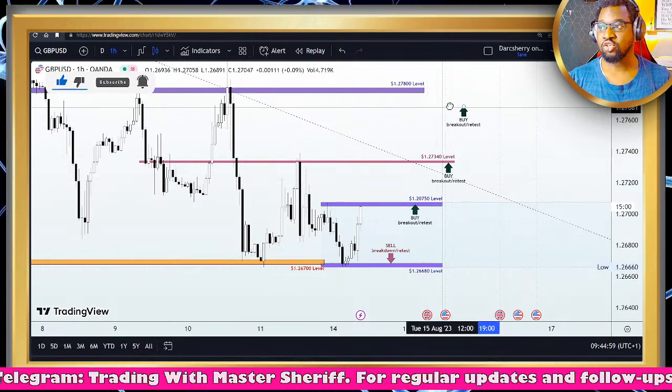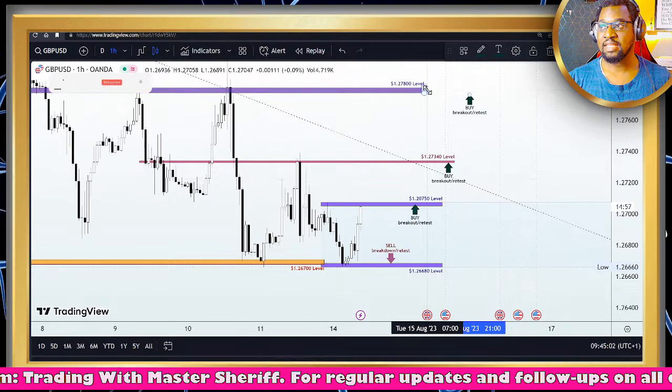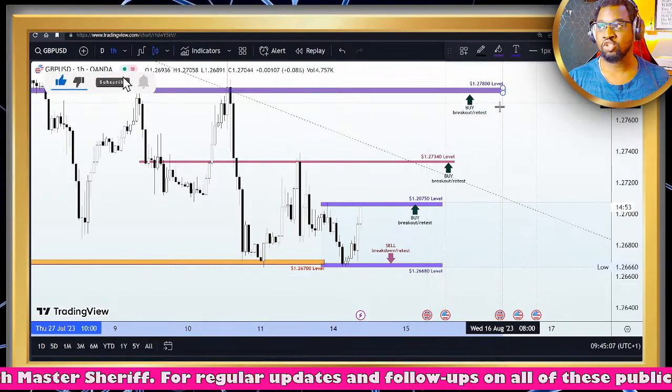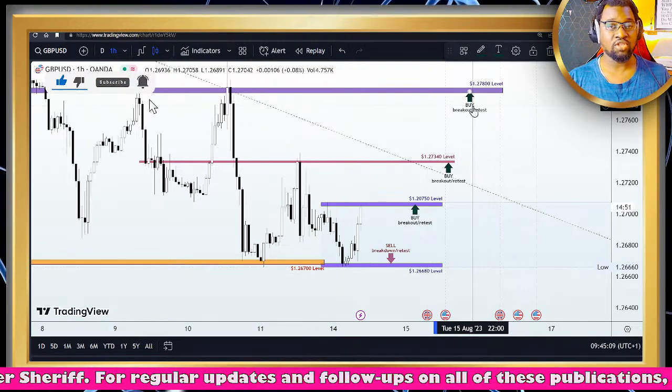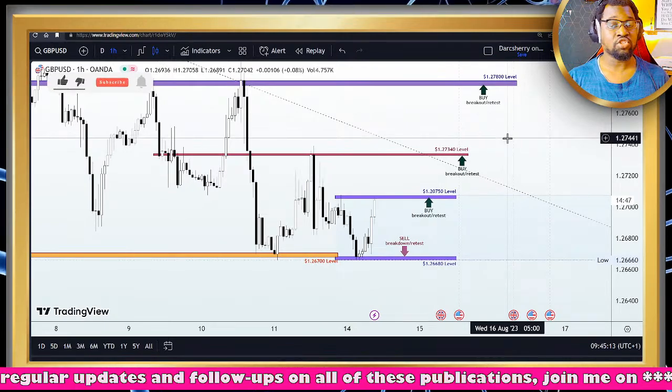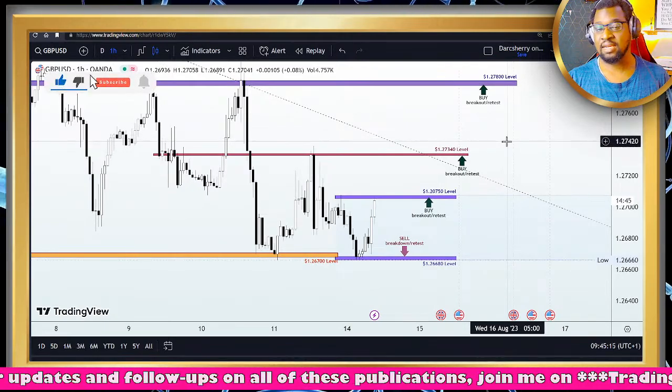Then if price action goes on to break out of that key level at the 1.278, we would be looking out for more opportunities to maximize the potential of this bullish move. So this is how we are going to be managing buy positions on the GBPUSD, at least for the first